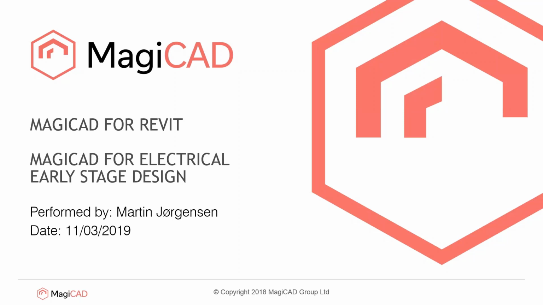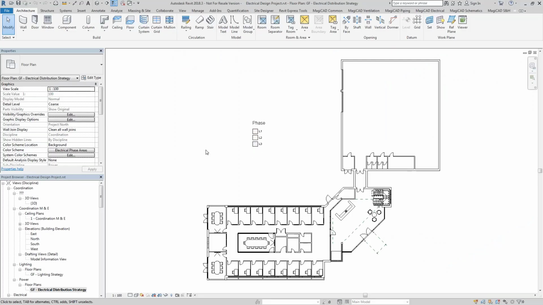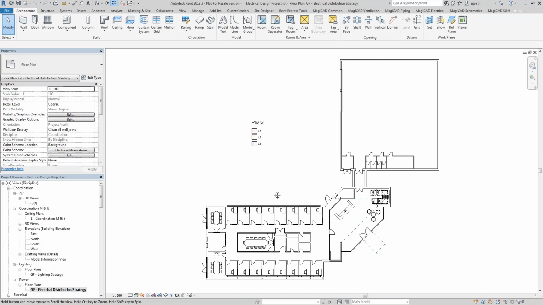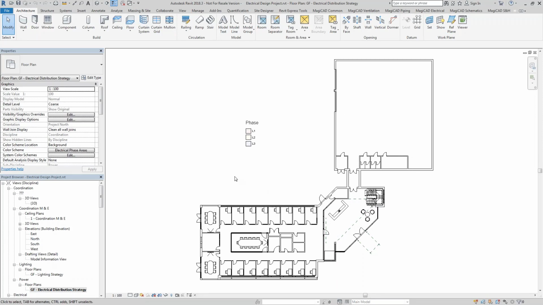So to make a start on this webinar, what we'll do is take a look first of all at our project here. We have our usual training project. People who've seen these webinars before will be familiar with this, but essentially I'm going to take you through all of the early stage workflow. So here I have an electrical distribution strategy drawing, or layout if you will, and what I'm going to do is go through and show you how this can be configured to define phase areas and then also calculate some early stage